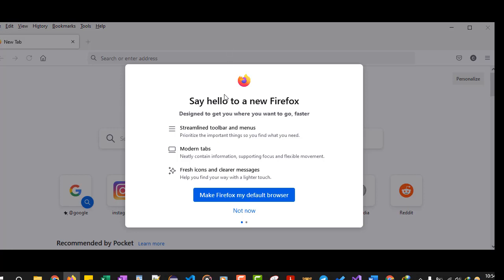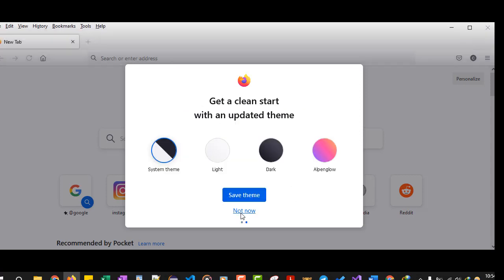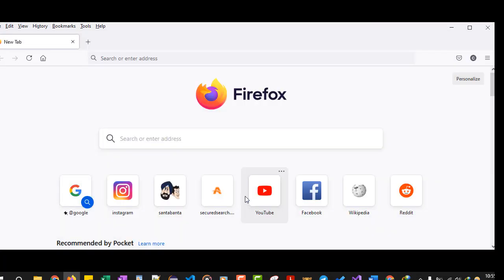As you can see I'm getting this pop-up. These are the new things which have been added into the Firefox. And it is giving me an option to make Firefox my default browser. I will choose not now, and then it is asking me to select a theme. I will go with the light theme and click on save theme button, and now again I will go to